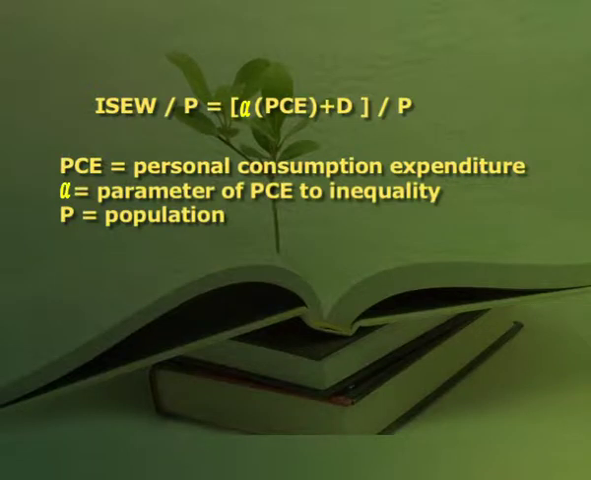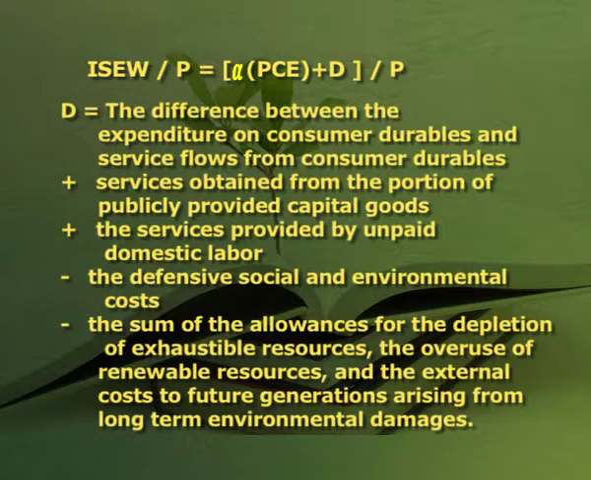ISEW divided by P is equal to small a into PCE plus D divided by P, where PCE is equal to personal consumption expenditure, small a is parameter of PCE to inequality, P stands for population and D is the difference between the expenditure on consumer durables and service flows from consumer durables plus services obtained from the portion of publicly provided capital goods plus the services provided by unpaid domestic labor minus the defensive social and environmental cost minus